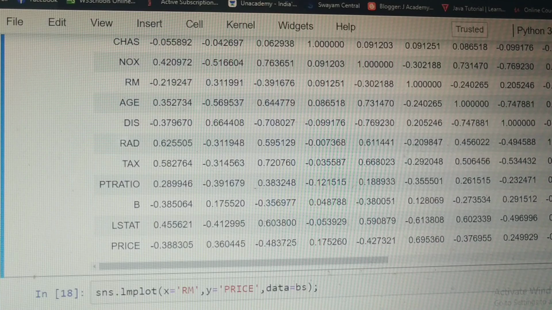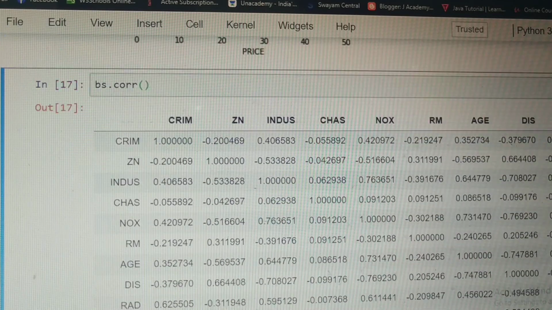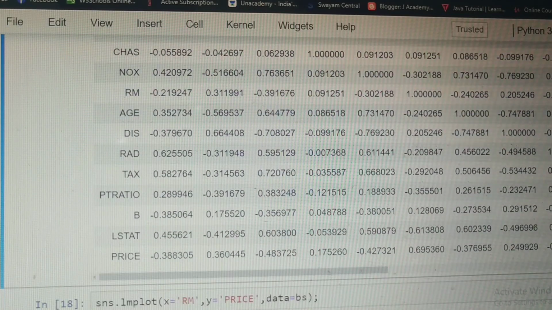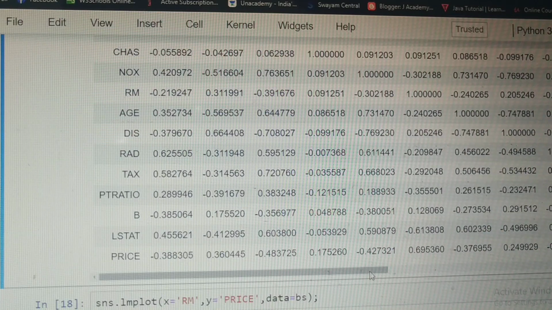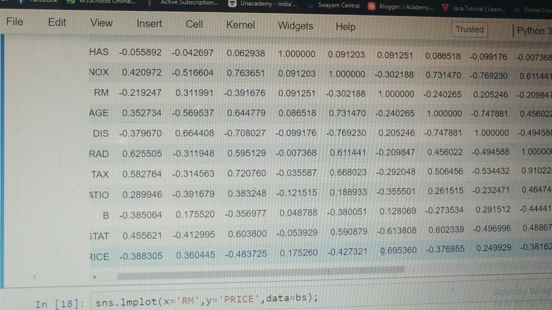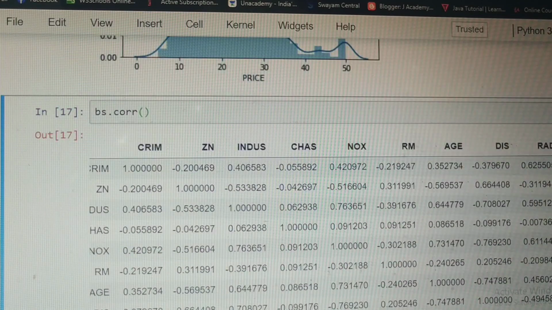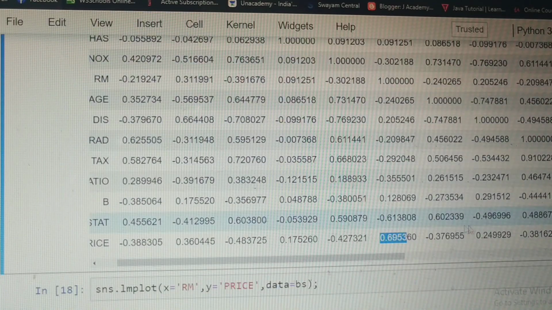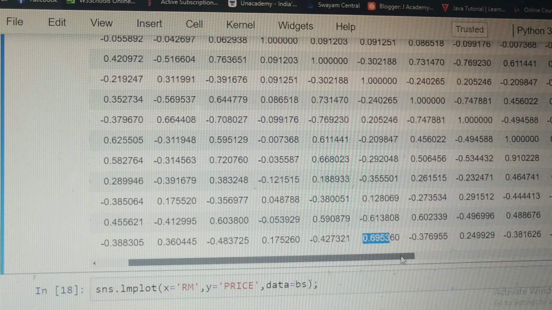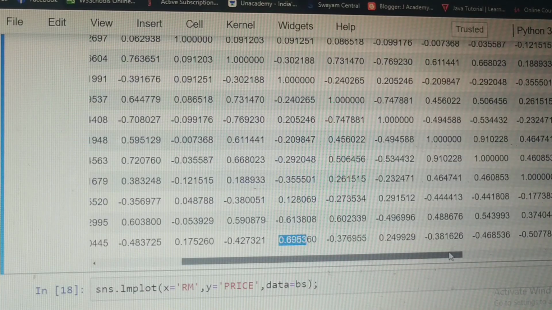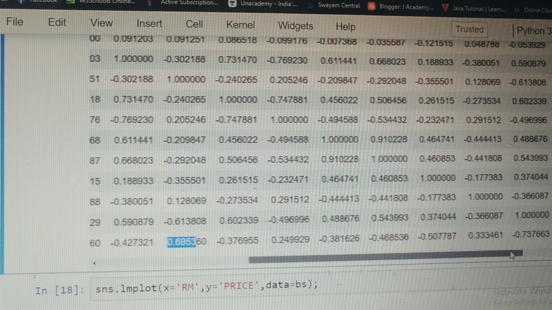So 0.36 is ZN, so that has an effect on the price, whereas the maximum effect will be 0.69. So I think this is the number of rooms. So the number of rooms has a positive correlation with your price. So the more the number of rooms, the more the price will be.